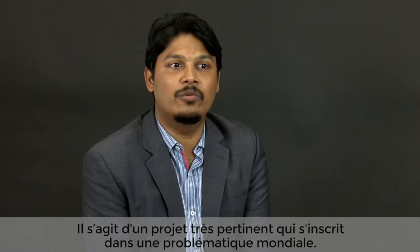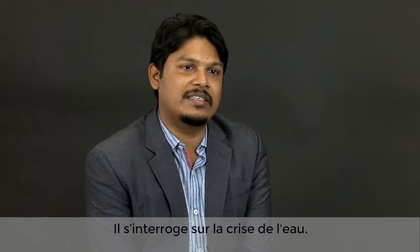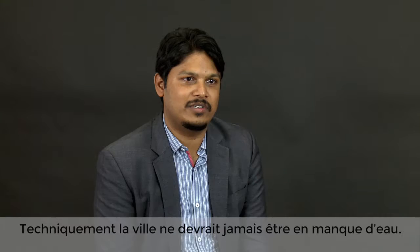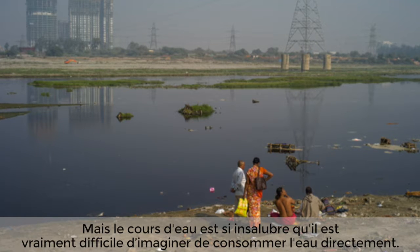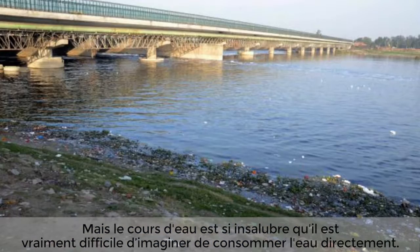It's a project which is very relevant to the context of probably the world, if not the developing nations, because it deals with the crisis of water. Delhi, if you look at it, is on the banks of the river Yamuna. So technically speaking, you should never be out of water because you're on the banks of a river. But the state of the river is so bad that it's really difficult to think of any water being